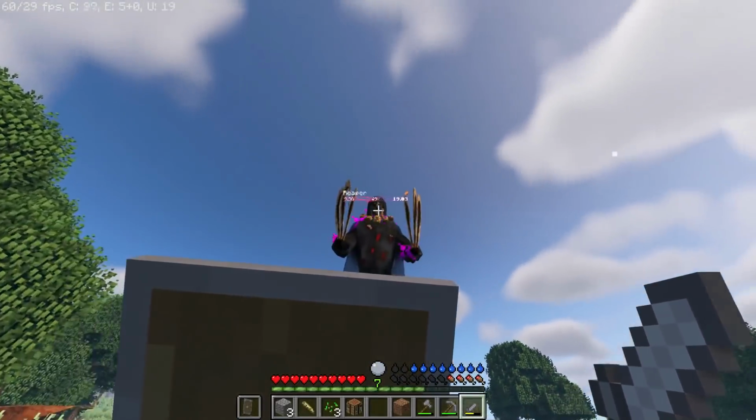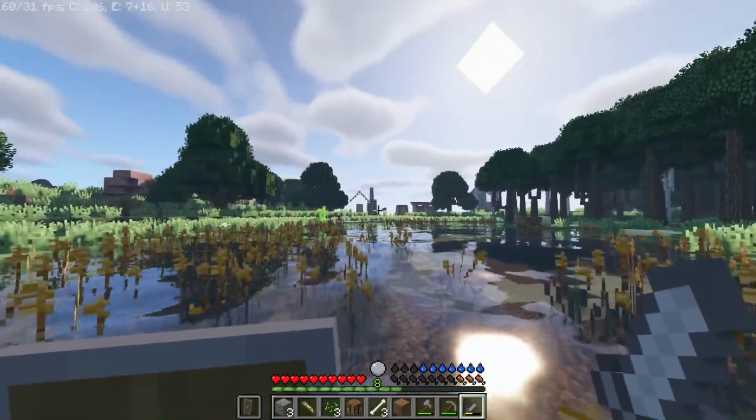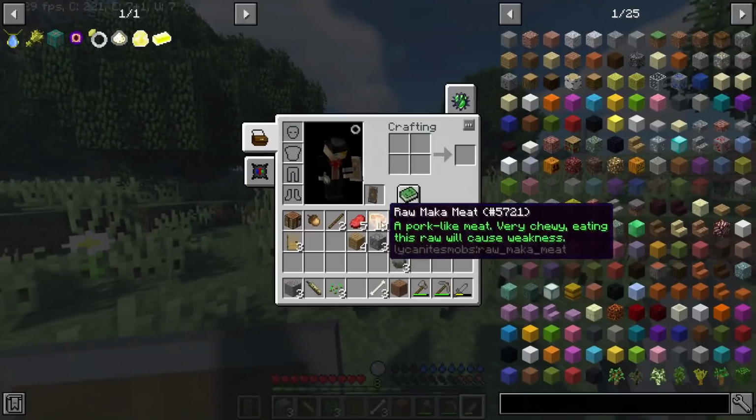Now I got a shield, you're even easier to kill, because I can block your bolts for some reason. Oh my god, is that a village? Oh! Mate, that's perfect! Got our first waystone. We are hungry. I'm gonna have to...